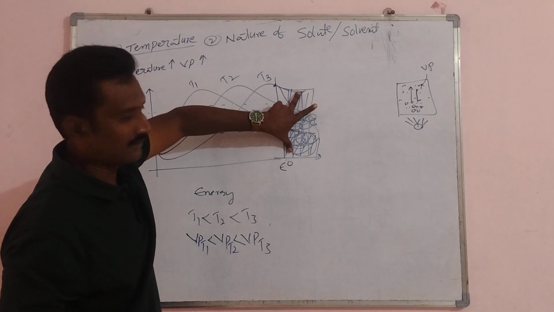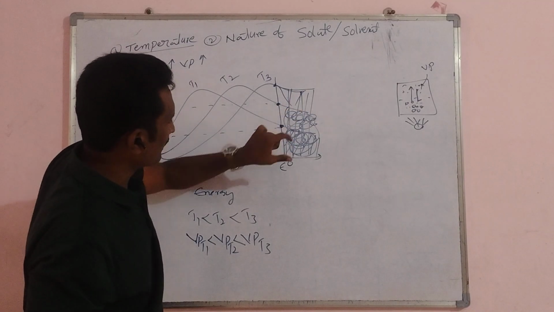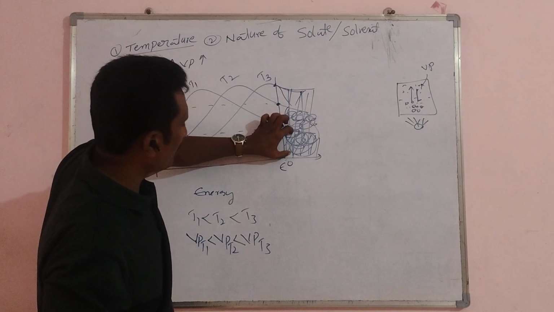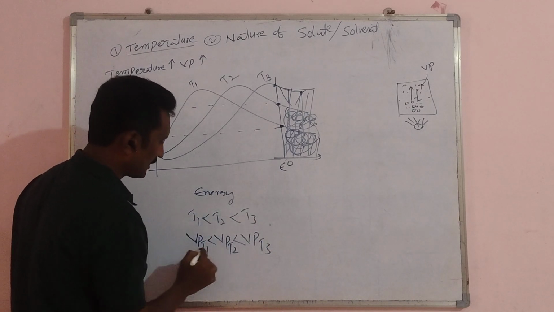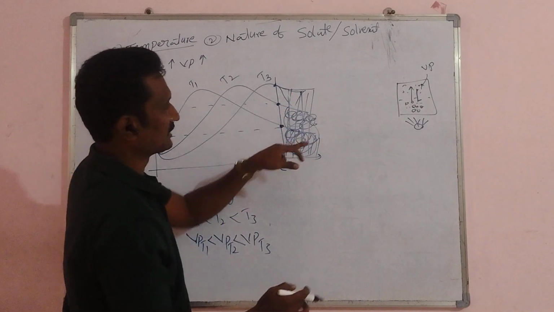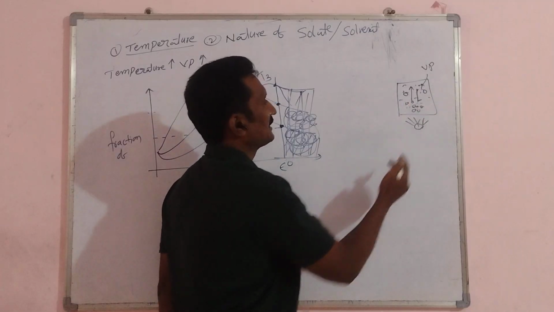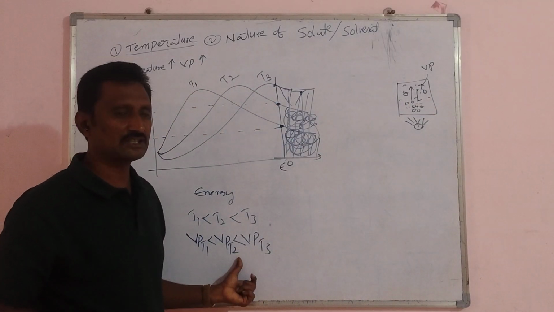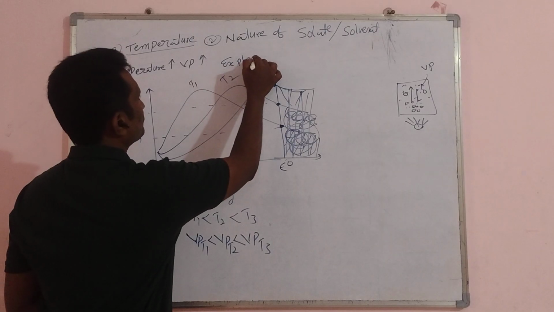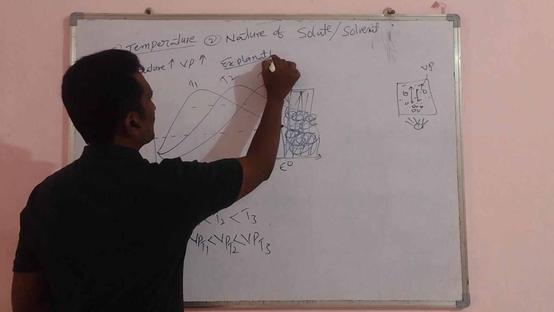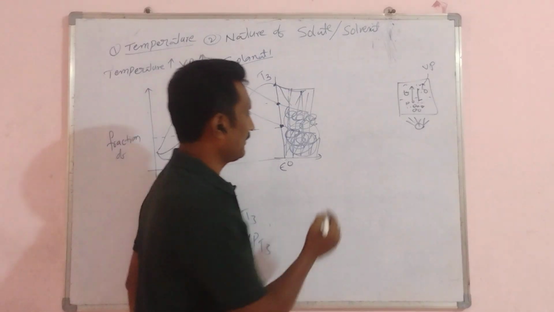अब देखो, T3 टेम्परेचर में ज्यादा पार्टिकल्स इन्वॉल्व हैं, T2 में कम पार्टिकल्स इन्वॉल्व हैं, और T1 में उनसे भी कम पार्टिकल्स हैं। मतलब ऑन इंक्रीजिंग द टेम्परेचर, जितना टेम्परेचर बढ़ता जाता है तो फ्रैक्शन ऑफ मॉलिक्यूल्स इंक्रीजेस, देन वेपर प्रेशर इज इंक्रीजेस। सो दिस इज द फर्स्ट एक्सप्लेनेशन ऑफ टेम्परेचर।